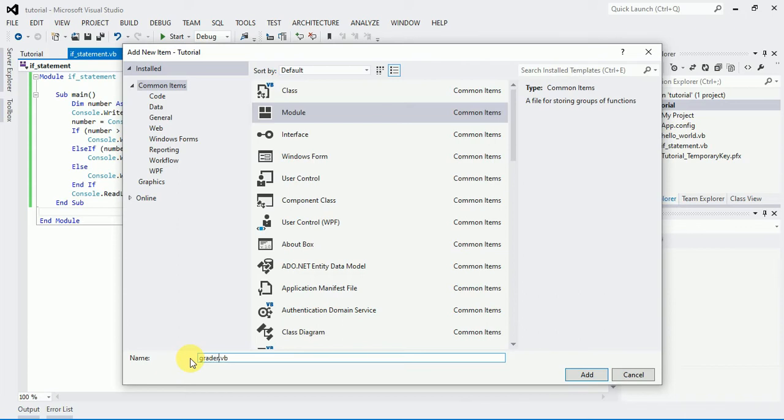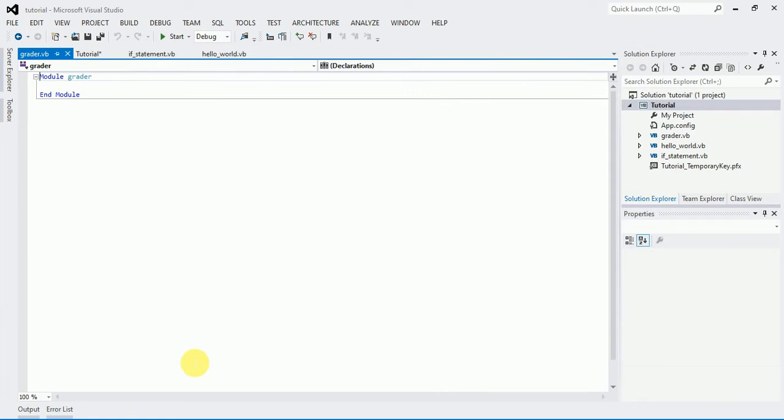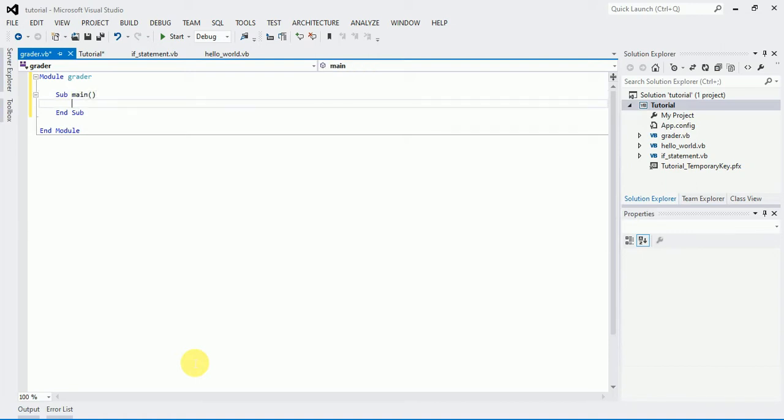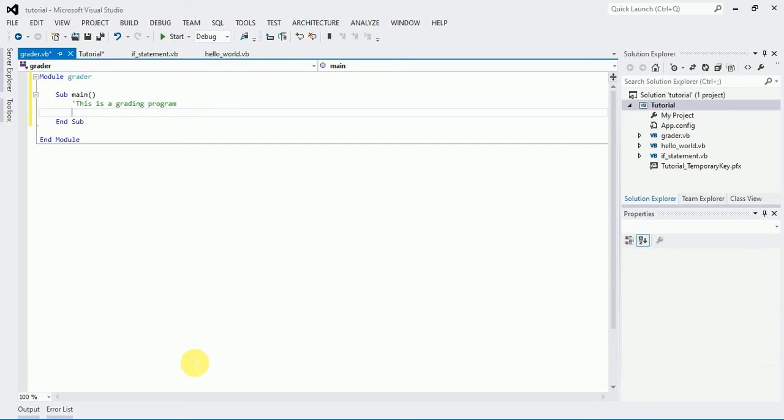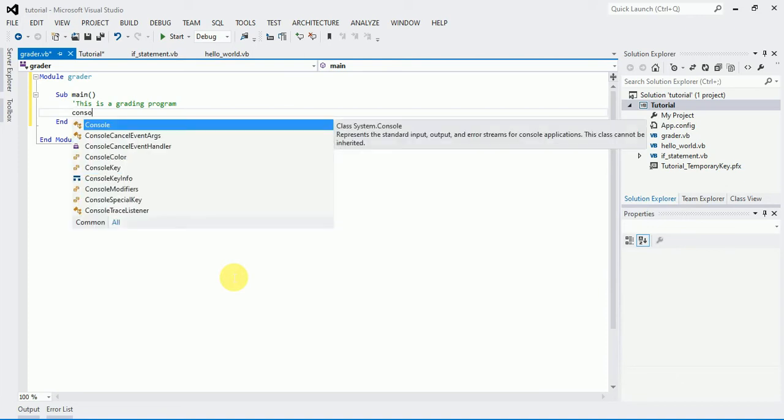Please don't always forget to start with your Sub Main. Then I can give it a comment and say this is a grading program. I want to grade a score if a person enters one. Okay, let's go. So the first thing I'll do is Console